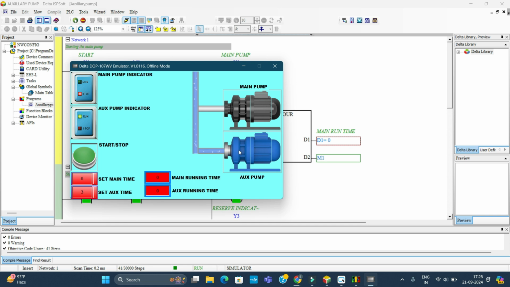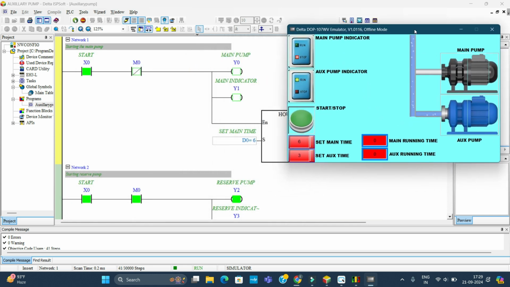automatically. When this pump comes in automatically, you see it clears off the data that was in the first, so the hours come to zero. So the next time, we shall start from zero as well. And then you can see the most interesting thing: this one went off and it shows that it is no longer in running position, it is in stop position, and the auxiliary pump has kicked in to continue the supply. So this kind of system is used when we want to achieve constant water supply,